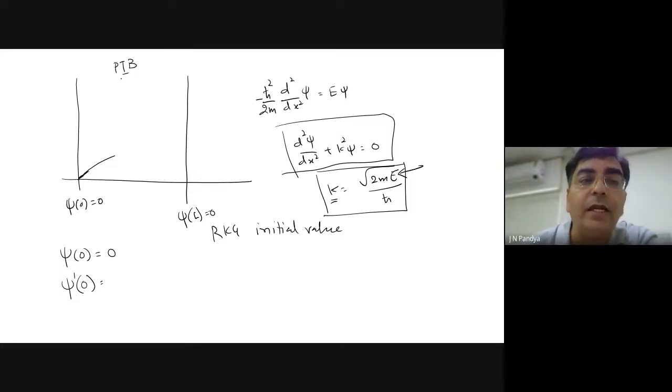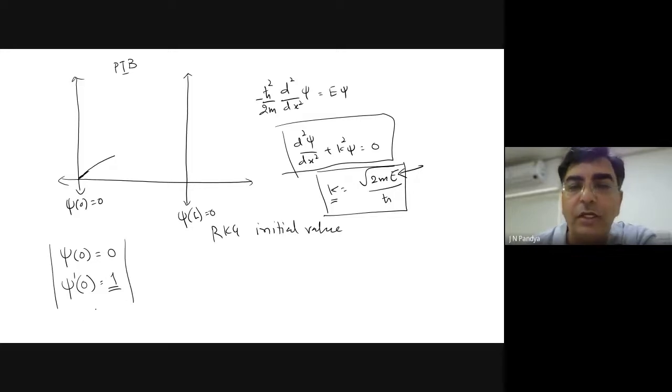I am talking about particle in a box. I am not talking about a regular other problem. For example, if it is a finite square well, then it won't be that thing. It can be 0 as well. But this is some number, so we can take it up to say 1. Now I have chosen these two initial value conditions.